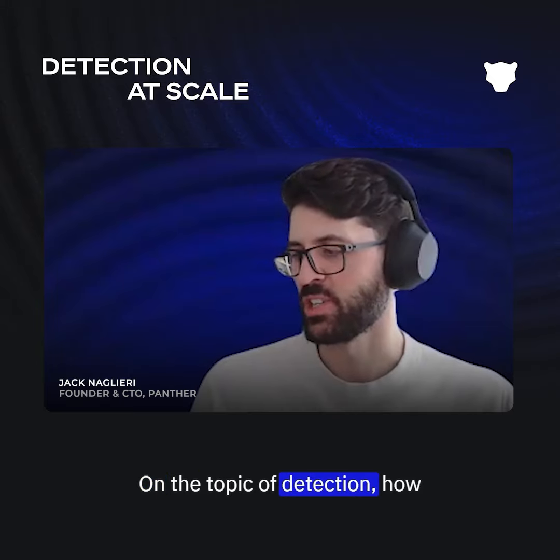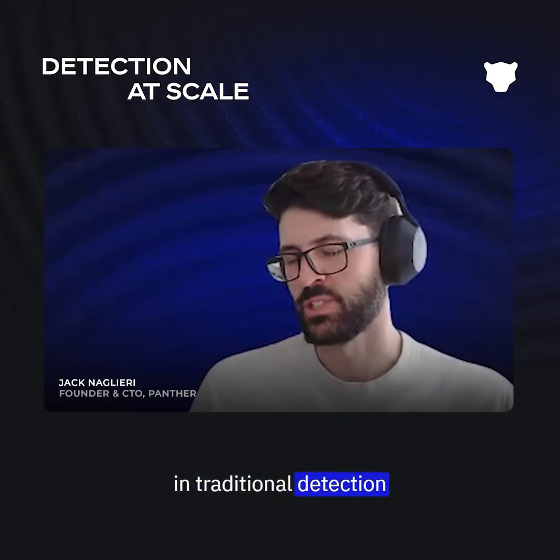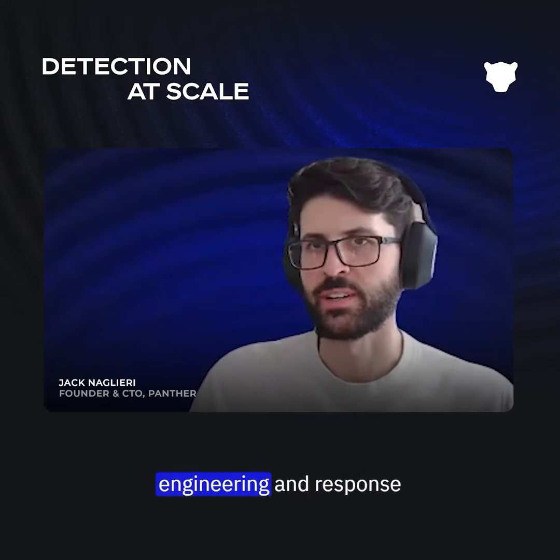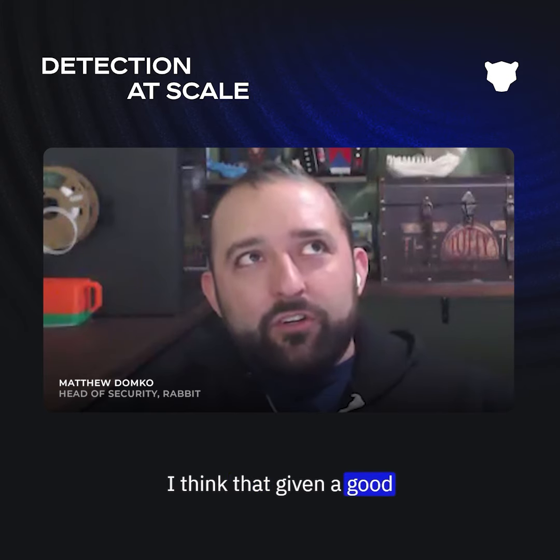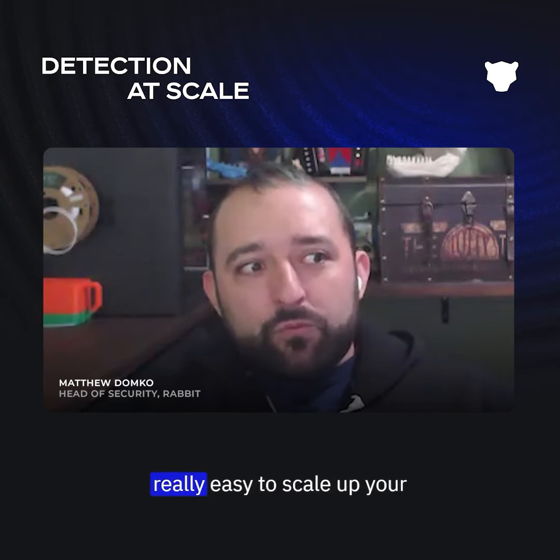On the topic of detection, how are you seeing improvements in traditional detection engineering and response with the introduction of LLMs and agents? I think that given a good foundation, it makes it really easy to scale up your security engineering